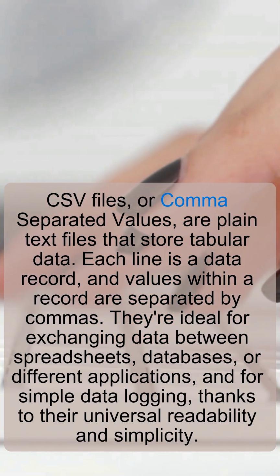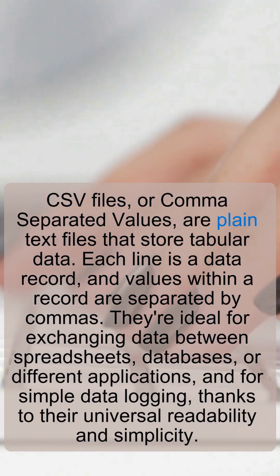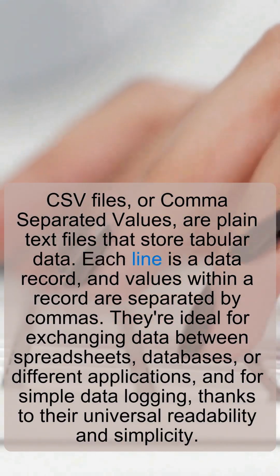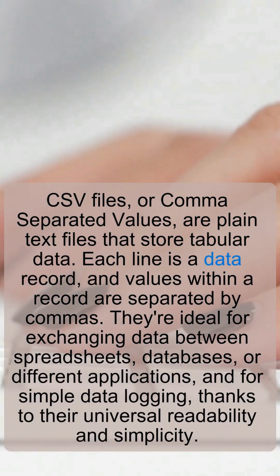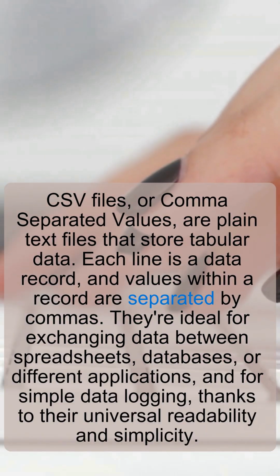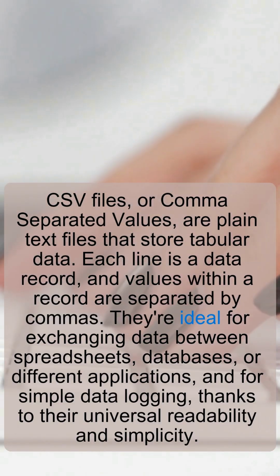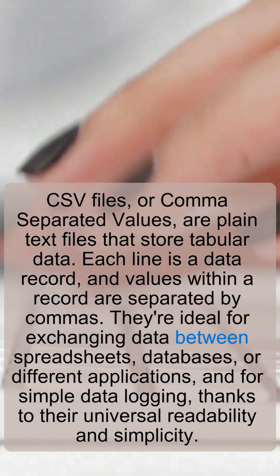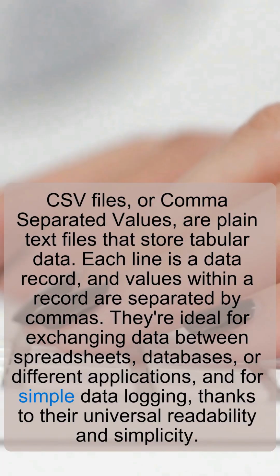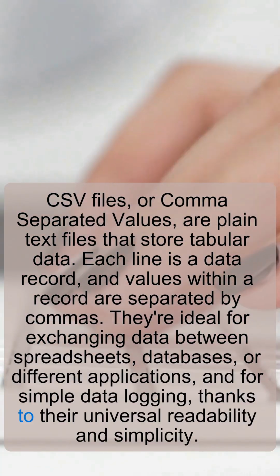CSV files, or comma-separated values, are plain text files that store tabular data. Each line is a data record, and values within a record are separated by commas. They're ideal for exchanging data between spreadsheets, databases, or different applications, and for simple data logging, thanks to their universal